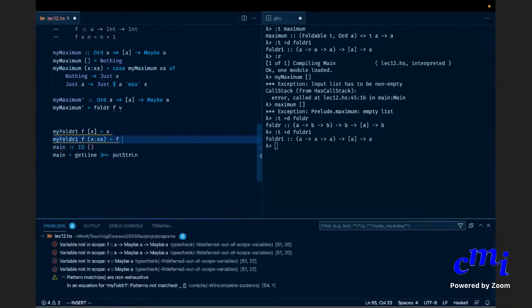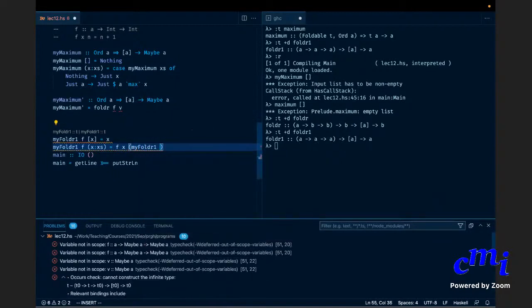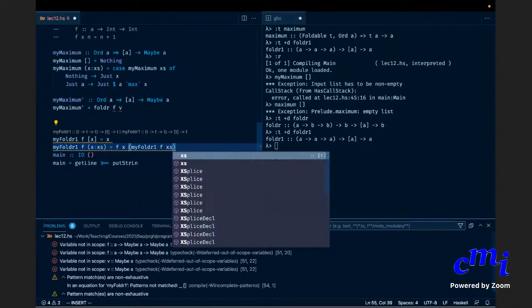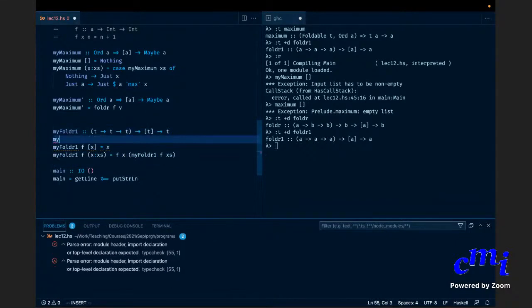So this is just the same as earlier. foldr1 f x xs. Yeah, that's it. Pattern matching is non-exhaustive, nothing I can do about it. If you want, you can do something like this.